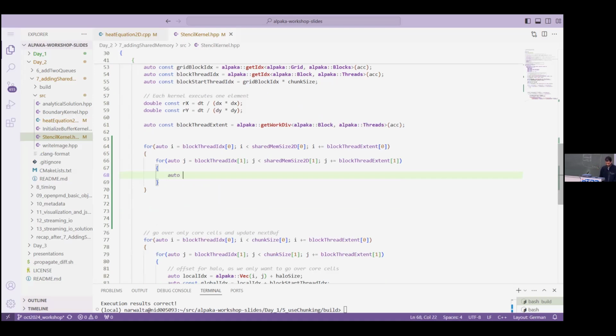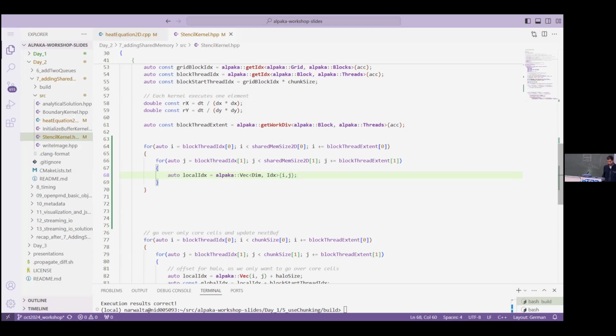Again, local index is simply i, j. Very well. Okay, this is my local index, but what part of memory do I need to fill in with